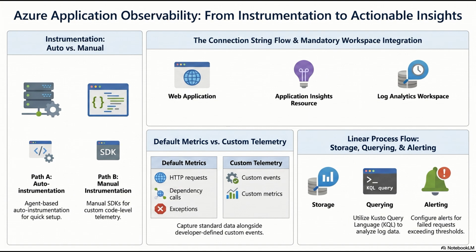You take a KQL query, like one that counts custom events or searches for a specific exception stack trace, and you wrap it in an alert rule. Oh, I see. You tell Azure Monitor, run this specific KQL query against the workspace every 5 minutes. If the number of results returned by the query is greater than 50, fire the alert. So the platform is basically just running my query on a cron job behind the scenes.